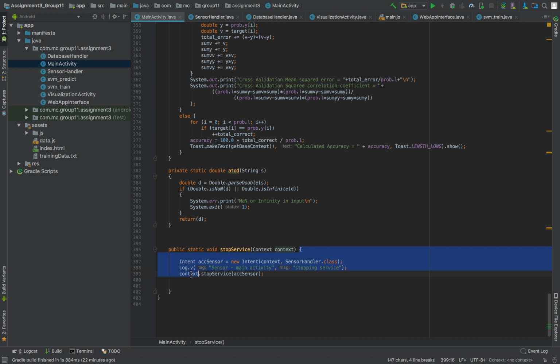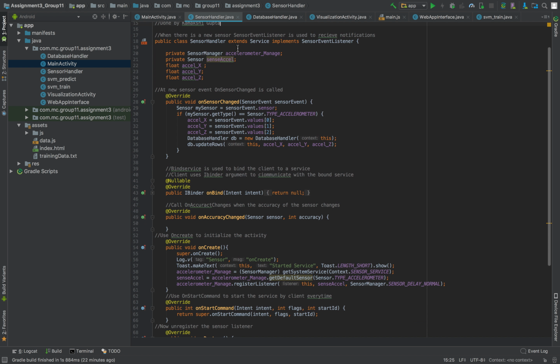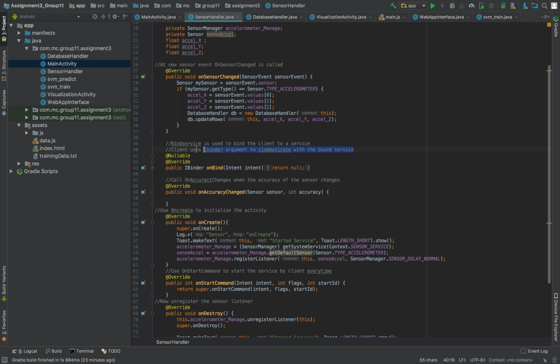Now we will go to the sensorhandler.java file. This file is also run by me. Firstly, when there is a new sensor, then the sensor event listener is used to receive notification, and at new sensor event onSensorChanged is called. The bind service is used to bind the client to a service, and the client uses an IBinder argument to communicate with the bound service. We use onCreate to initialize the activity,